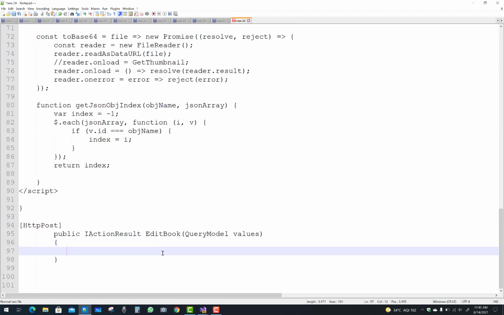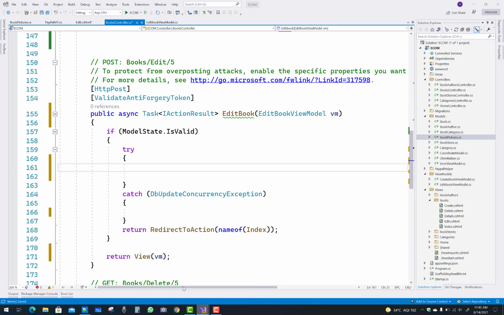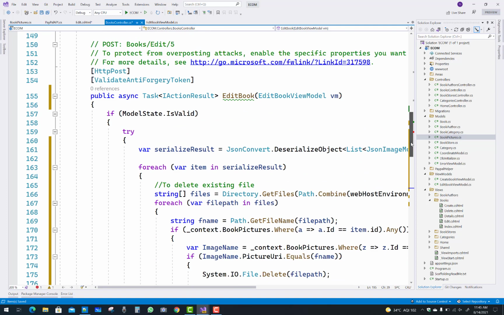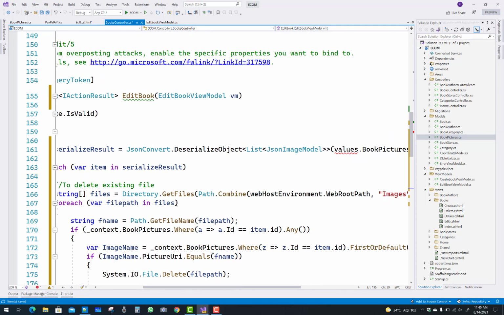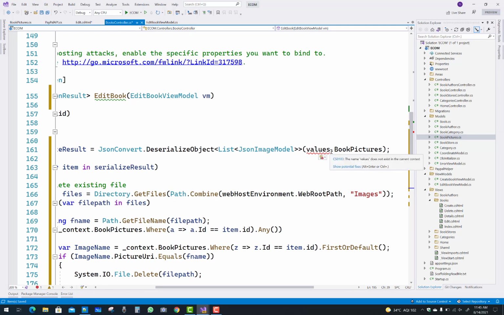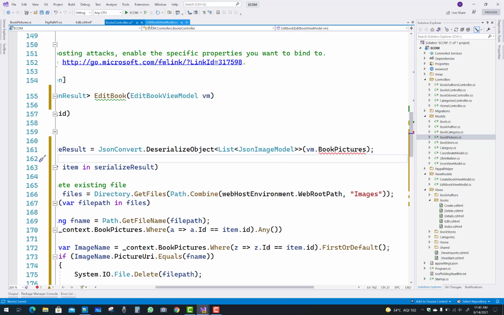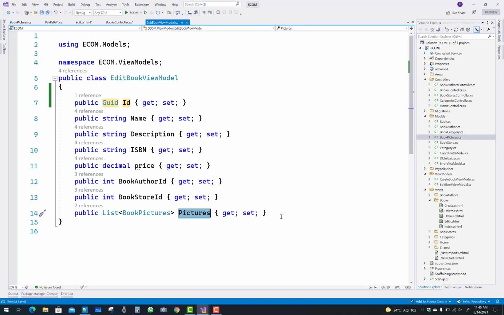So first of all, convert that deserialization into the serialization object, and after that you have to use the serialized object with a foreach loop to get the name of the files. So here we have values, so vm.bookpictures, sorry, the name of the pictures instead of book pictures.